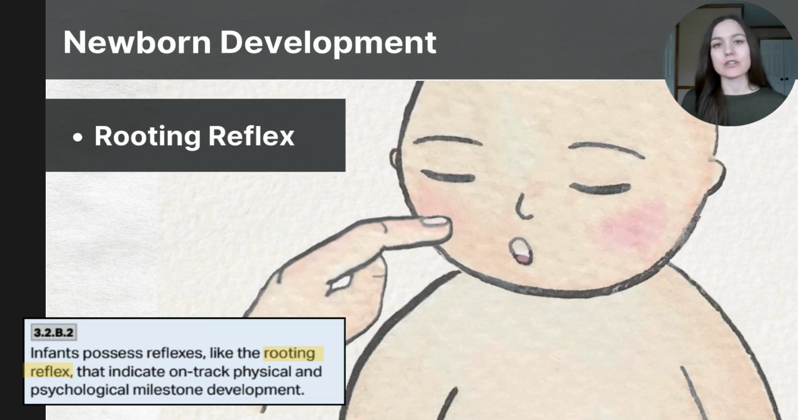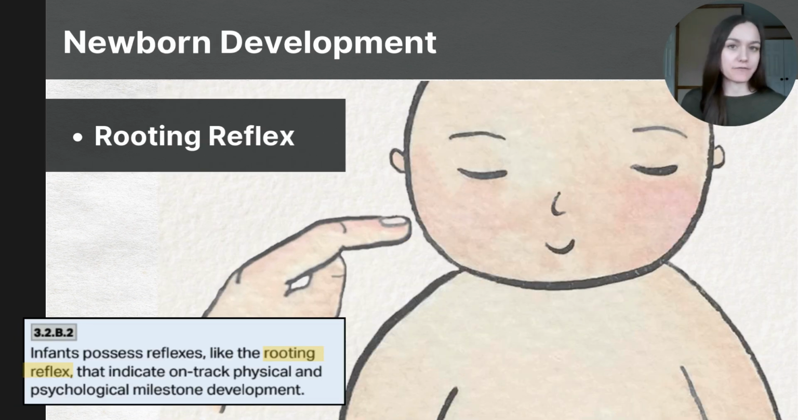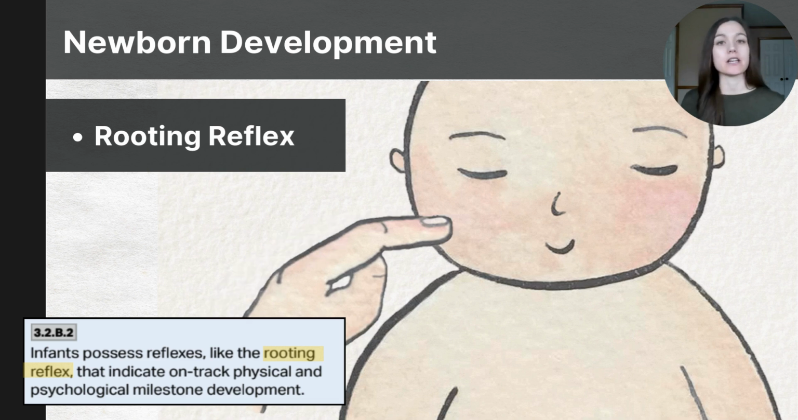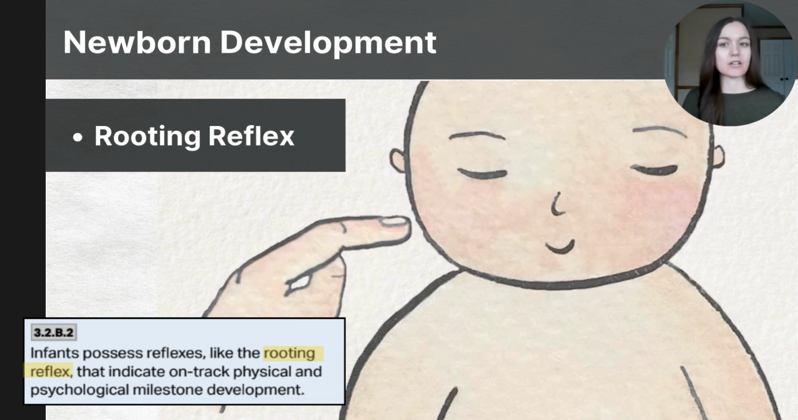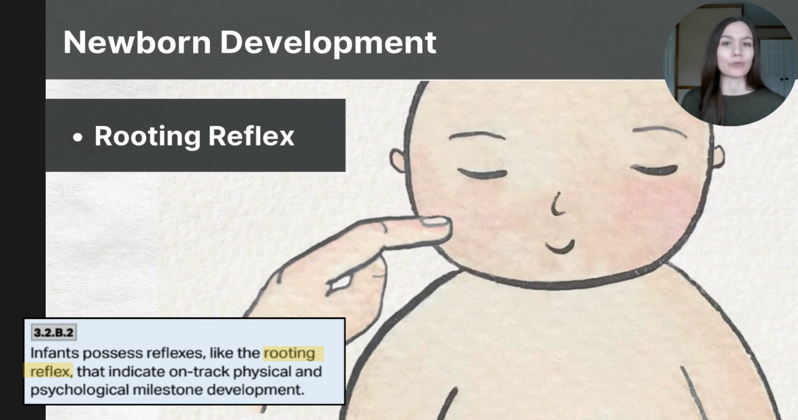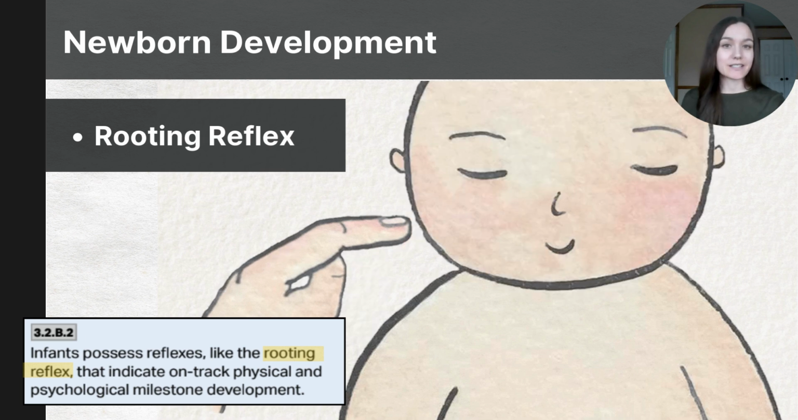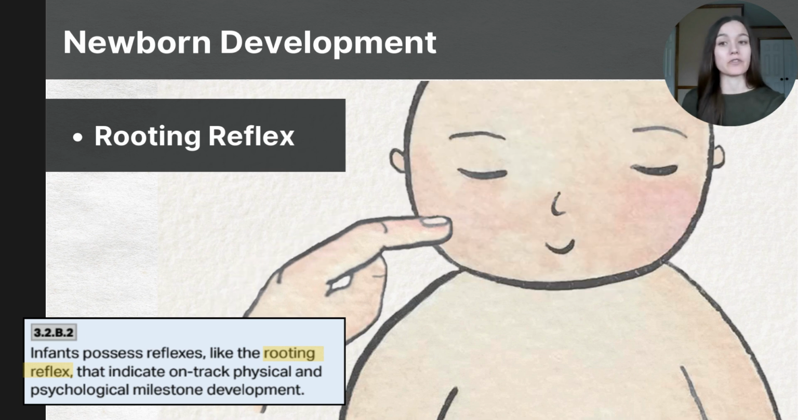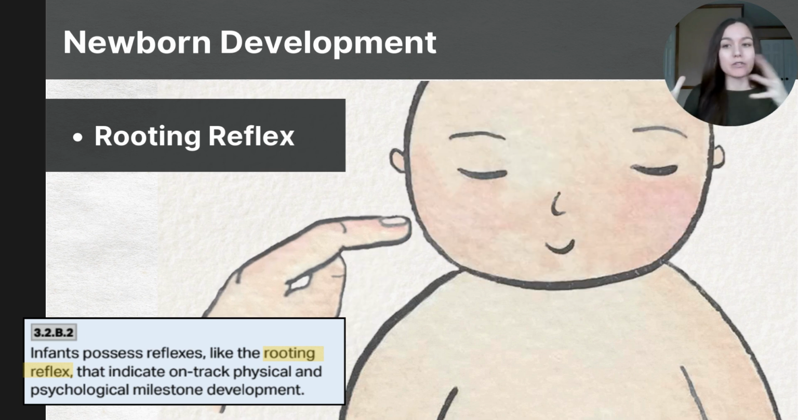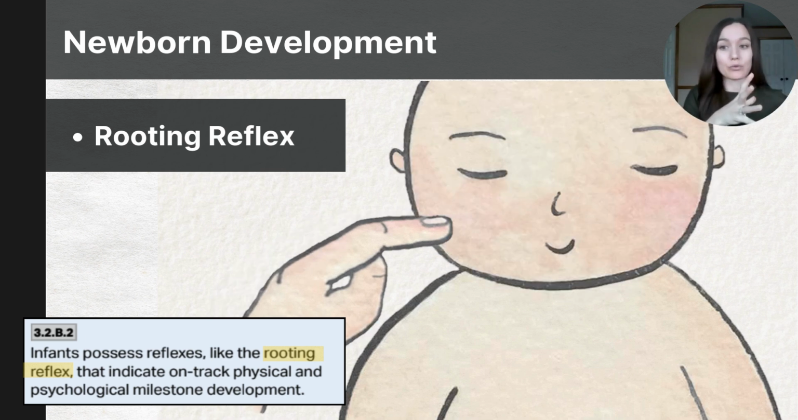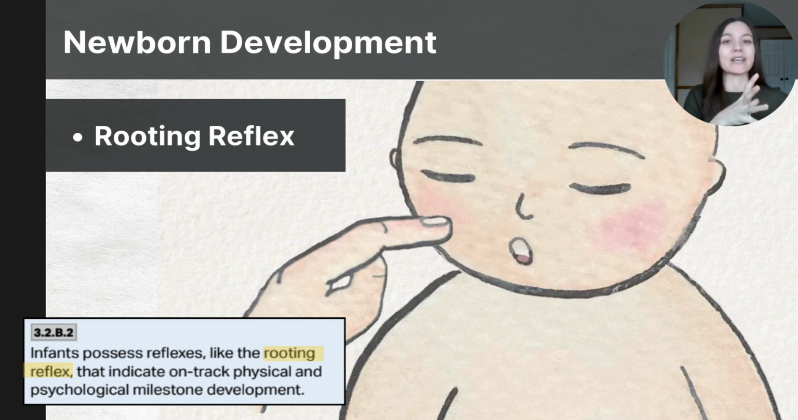The next stage of development is referred to as infancy. Infancy is the stage of life from birth to about 12 months of age, and it's a time of incredible growth and change. This stage includes the newborn phase, which is from birth to 2 months. After that period, babies start reaching really big milestones like sitting,